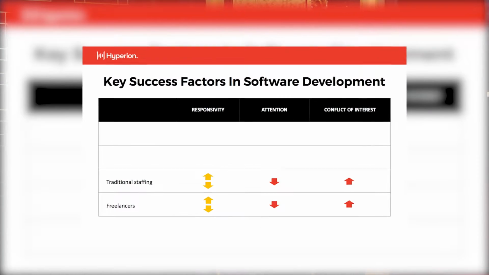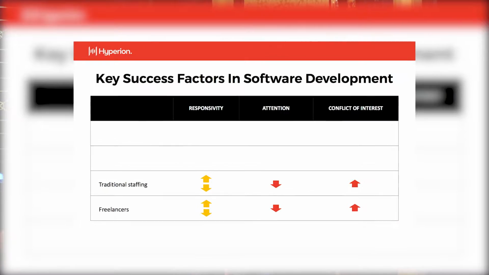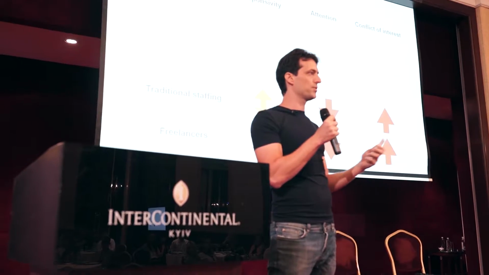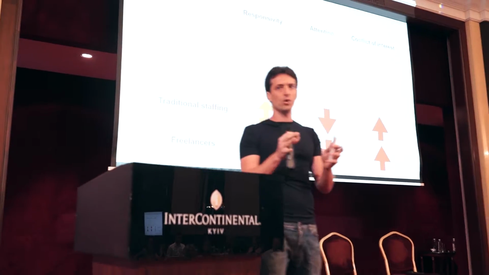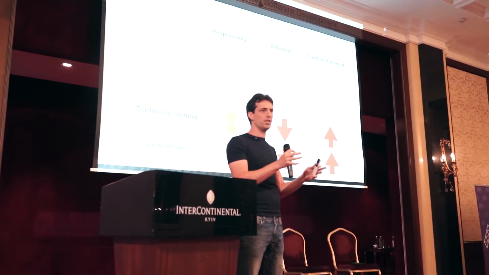So let's look at the traditional staffing, which is, let's say, the dinosaurs of IT solutions that exist in the market today. They exist in different countries all around the world: Eastern Europe, Central Europe, United States, and the model is pretty simple. In a traditional staffing company, a company hires developers, and they create some kind of a pool, and then they rent out these developers. The main goal is to take all the people that are on the bench, fill them up with projects, so you won't lose on their salary. That's traditional IT staffing. Same problems arise.